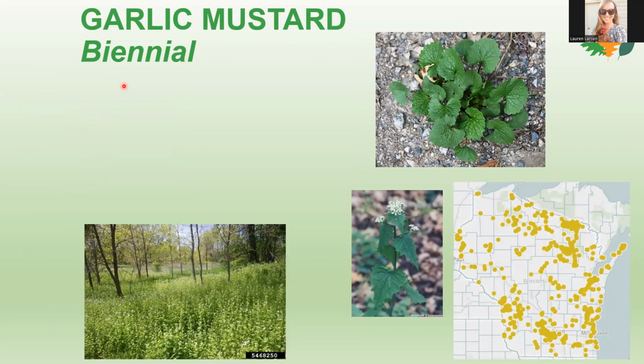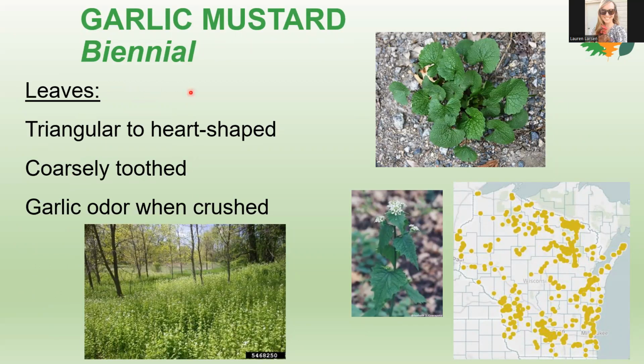All right, so getting into some specific plants. Garlic mustard, this is a biennial, so the first year it grows, it forms what's called the rosette, and it's not going to flower that first year. It's just going to have these green leaves here, and then the second year it's going to flower. So treating these rosettes is good. So, either spraying it with glyphosate, otherwise, obviously pulling garlic mustard,